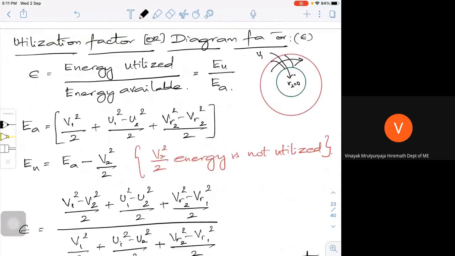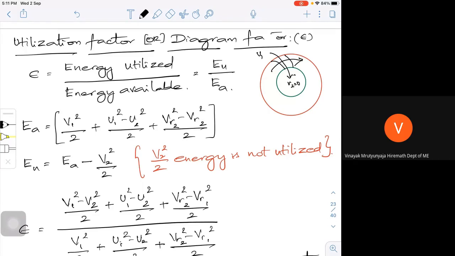If I take a turbine, the fluid will have a certain amount of energy at the inlet. So what amount of fluid energy is utilized? What is the amount of conversion I'm going to do? Based upon this, I can call this energy utilized to energy available. The fluid will enter with velocity V1. To be very precise, if all the energy has been converted, then your V2 should be 0.